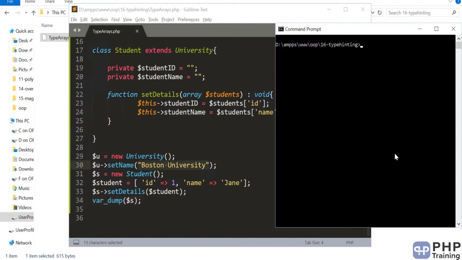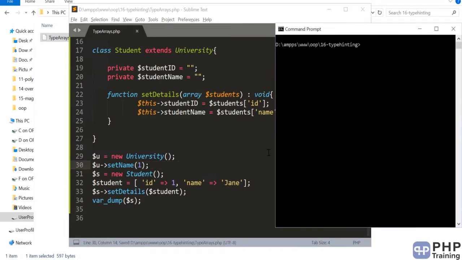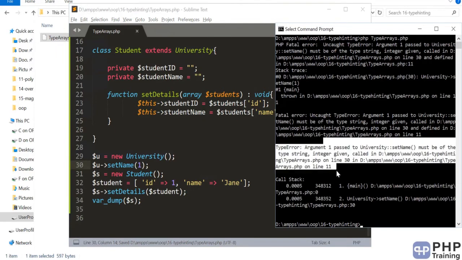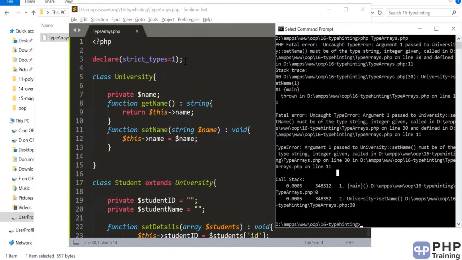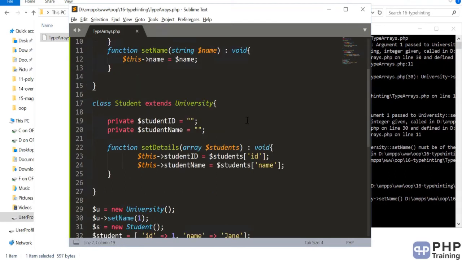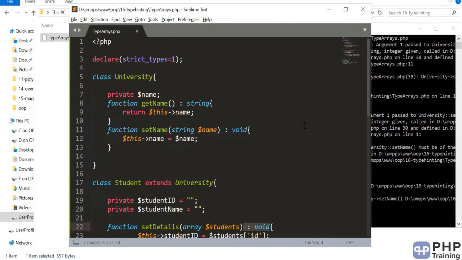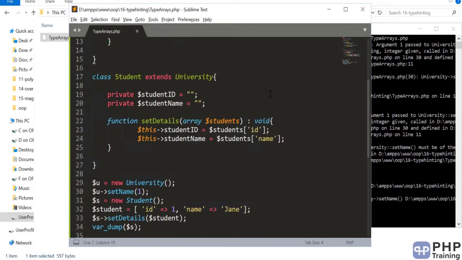So let's do a quick example to understand how the type hinting works. Let's say you mention not a string but an integer and you run the program, you get an error. Okay, this is basically caught from the declare type. So it's a good practice that you follow the type hinting, and for arrays you can use the word array and always mention what is the return type. It's a good practice, and also you want to set the type hinting in your programming style by using the declare method. Then you have to start defining all the data types in your program. Okay, that's the concept about data type.